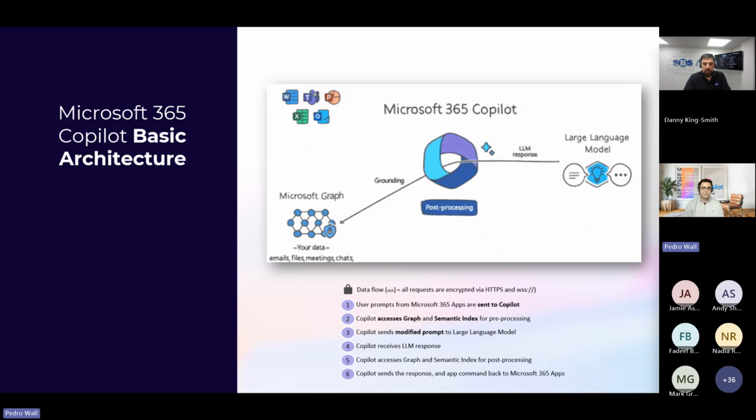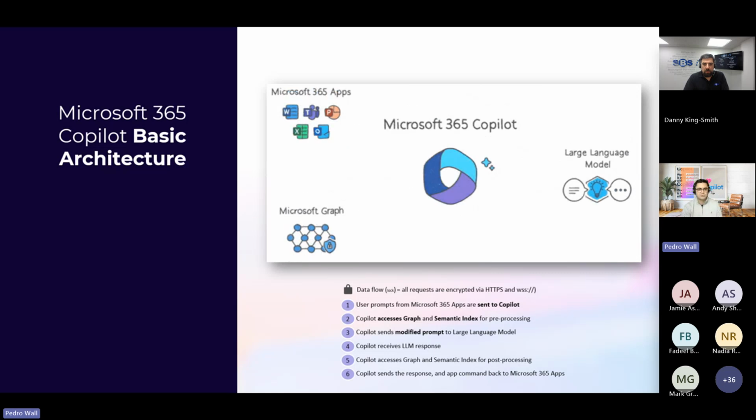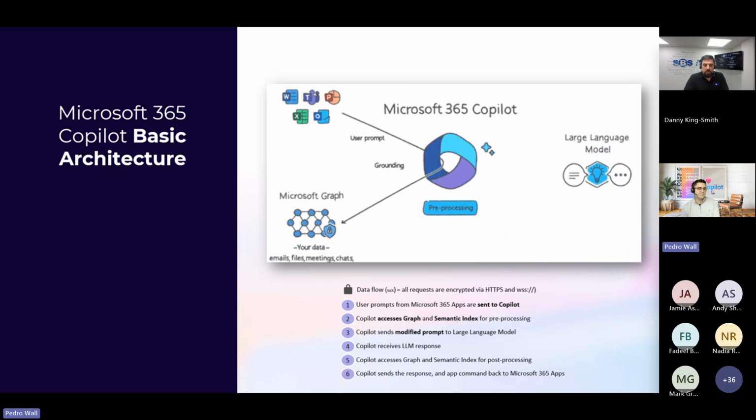So, for example, and this is great because you don't get this kind of feature subset across other competitors in the field. If you're using the likes of ChatGPT, it cannot tap into your Microsoft Graph. You have to ingest all the information into ChatGPT in order to get the information out for what you need. Now, with the Microsoft Graph and Copilot, if I'm going in and asking Copilot